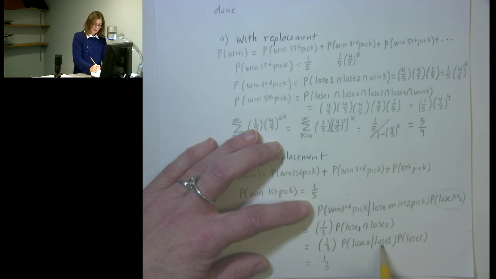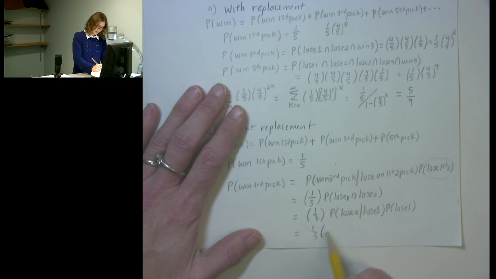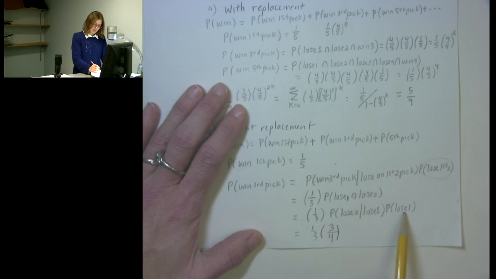Given that the first ball was a loser, the probability that the second is a lose now is, there were 4 balls left, so it would be 3 out of the 4 balls would say lose on them at that point. And the chance that a lose ball was chosen the first time would be 4 out of 5. So we can see that this comes out to